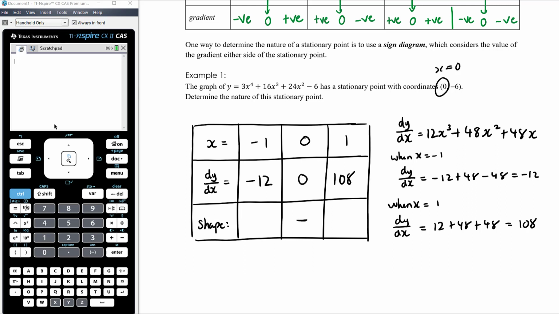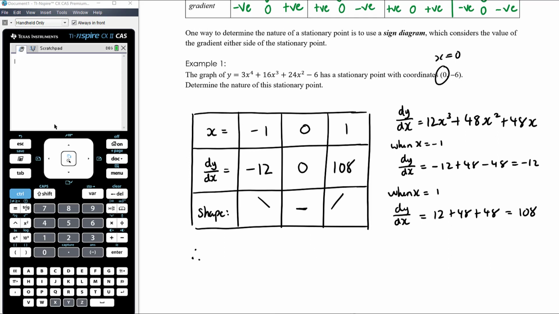Okay, so when x is -1, the gradient is negative. So the graph is going down before this stationary point. When x is +1, the gradient is positive. It's quite a big positive value, and so it's going up at this point. Okay, so therefore we can say when x equals 0,